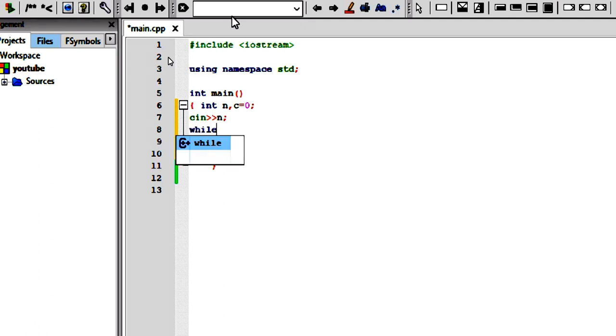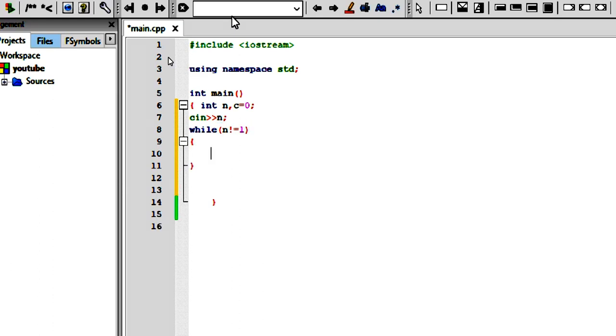Then I'm taking a while loop, because if the user enters 1, there is no need of any operation, since it already has the value 1. So the while loop runs only if n is not equal to 1.